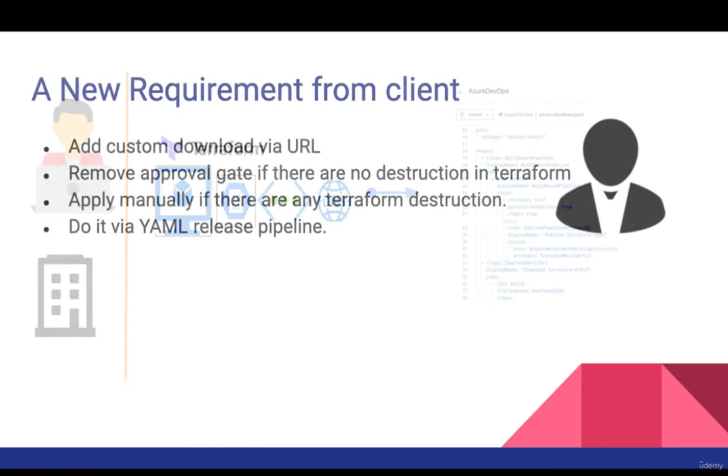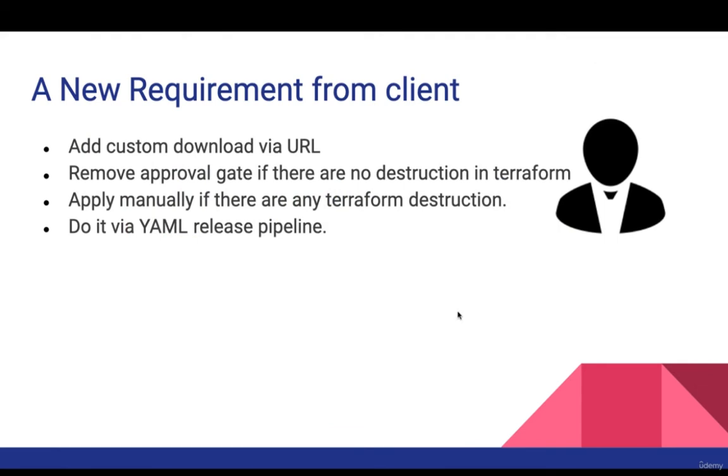Now your client has a new requirement wherein he is saying that, okay, you as a DevOps engineer need to make some changes in your pipeline. He's not happy about the manual approval, because every time somebody tries to deploy any infrastructure, you got to go ahead on Azure DevOps, validate the plan, and see if there are destructions or not. And he's not pretty happy with the manual steps, and what he wants is, he has got basically